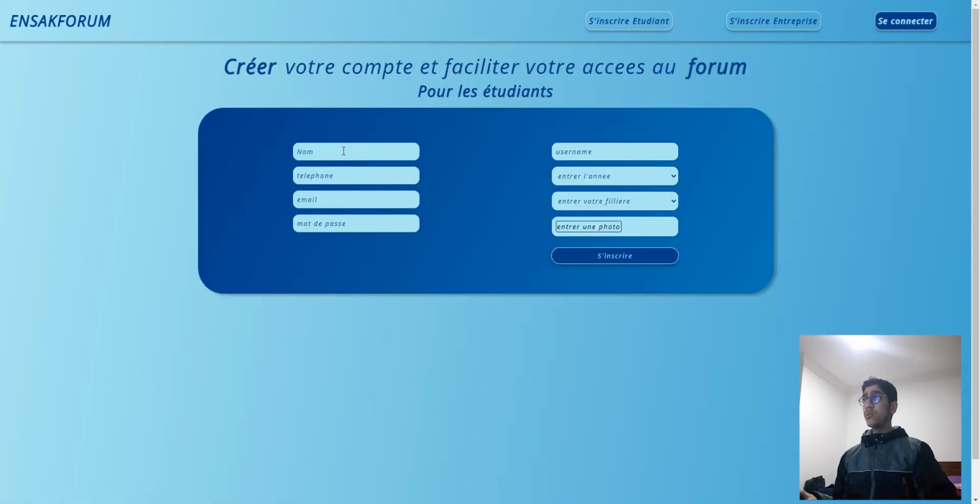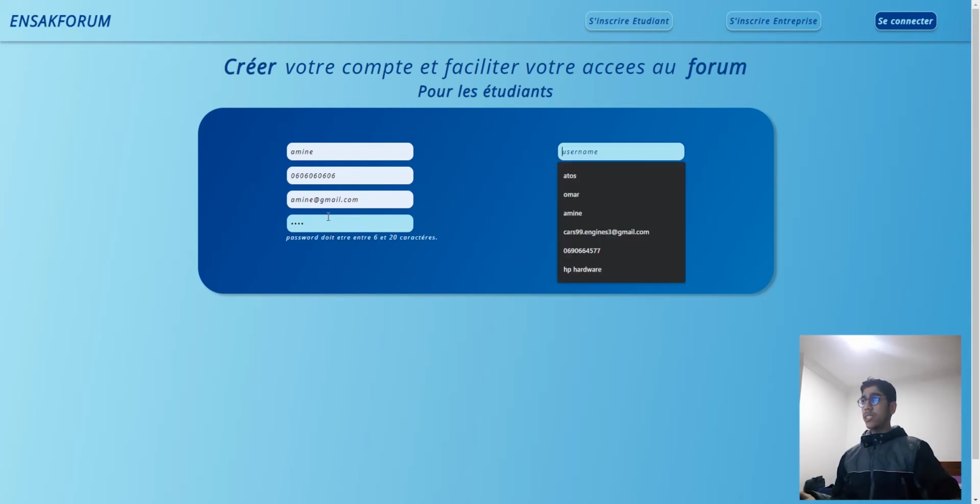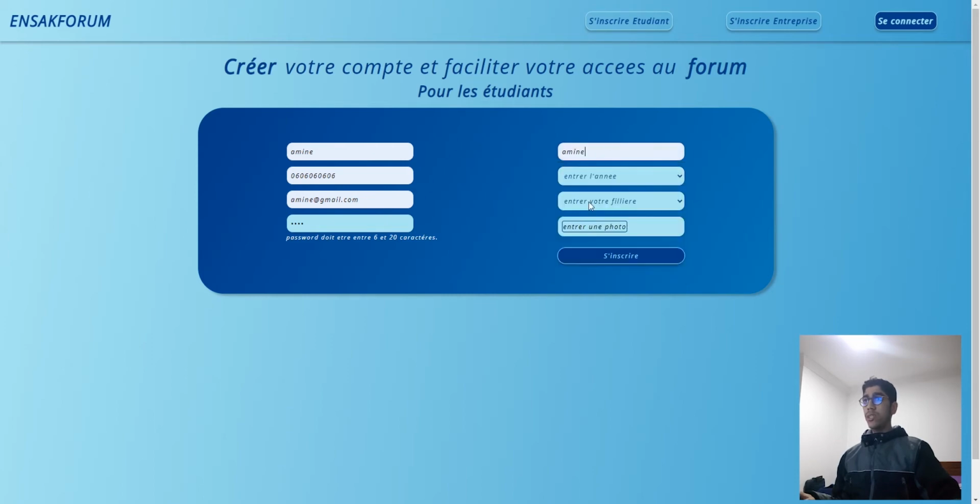It will redirect us to the sign up for the student. So let's create an account from this user interface. Here we will pass a number. Also here we will give it an email. Also we will give it a password. If we give it a password that is less than six characters, it will throw an exception. So here I will give it a username and year, also the field,